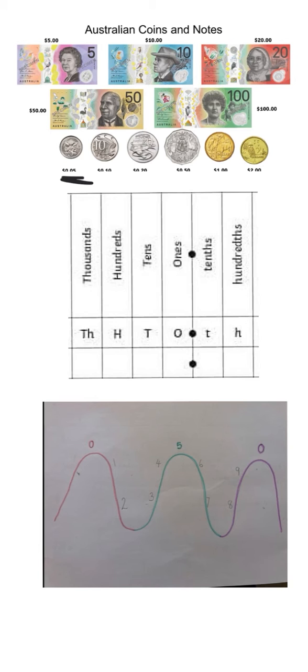So there are 3 mountains. We have the pink mountain, the blue mountain, and the purple mountain. Now, these values that lie on the mountain, for example, on the pink mountain, we've got 1 and 2. Or on the blue mountain, we've got 3, 4, 5, 6, and 7. And on the purple mountain, we've got 8 and 9. They refer to the digit that is in the hundredths column of our place value chart when we write monetary values down. For example, if I write